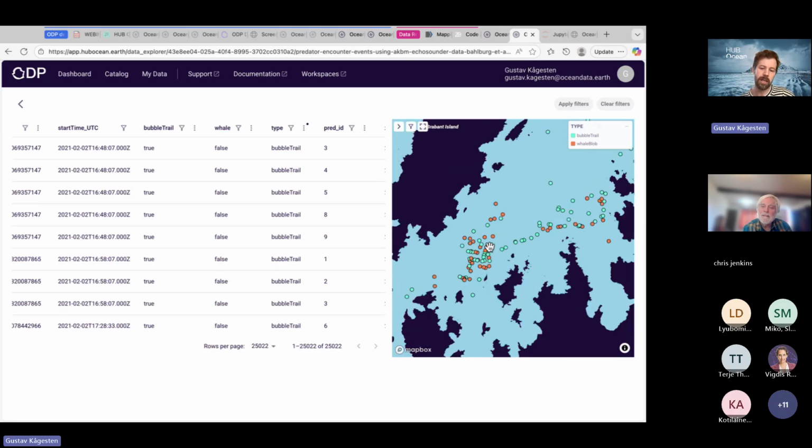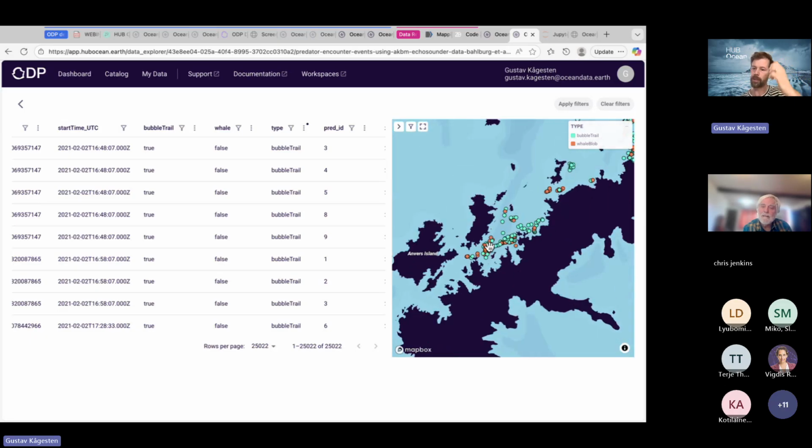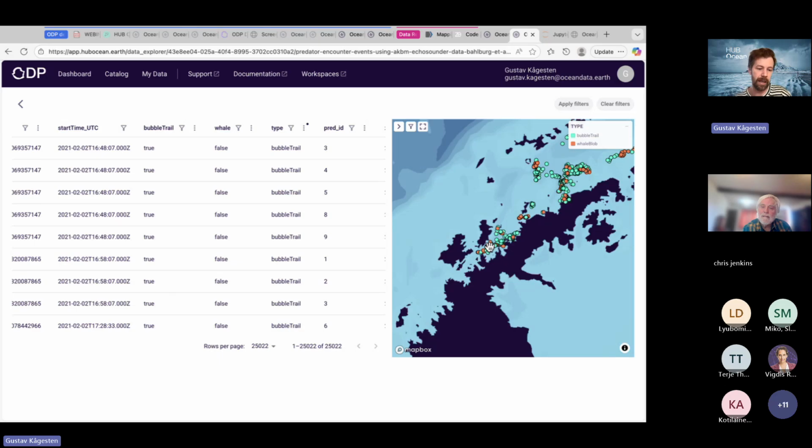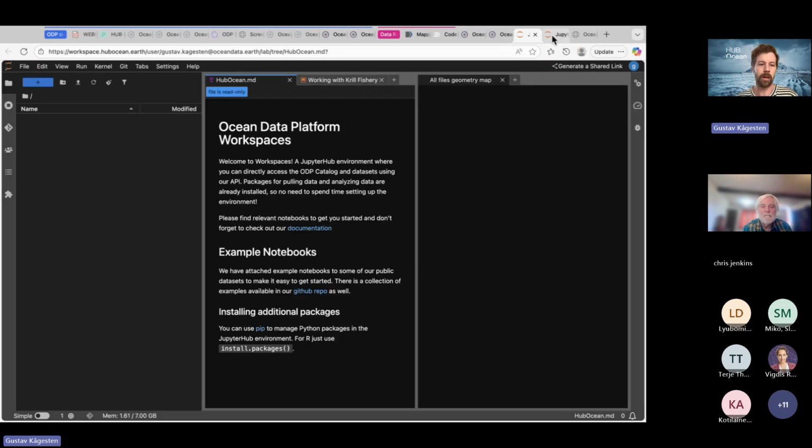So what I wanted to really show was you can go from really acoustic raw data and trackline management and so on, all the way to the end result. And a last thing, a promise before I hand over to Chris, is the workspaces we offer. You can connect to any workspace you want in the cloud. If you're in Google Colab or something like that, you can also connect from there.